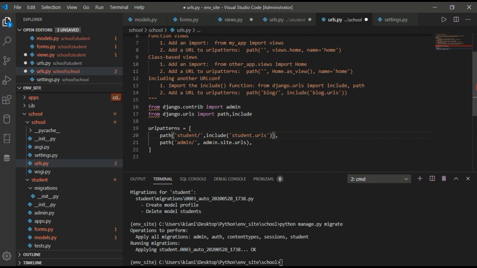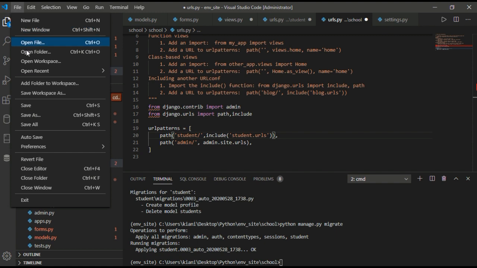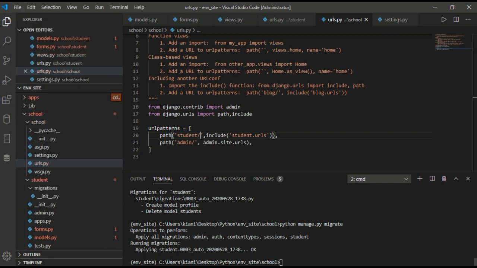And now we have path student and we include student.urls.